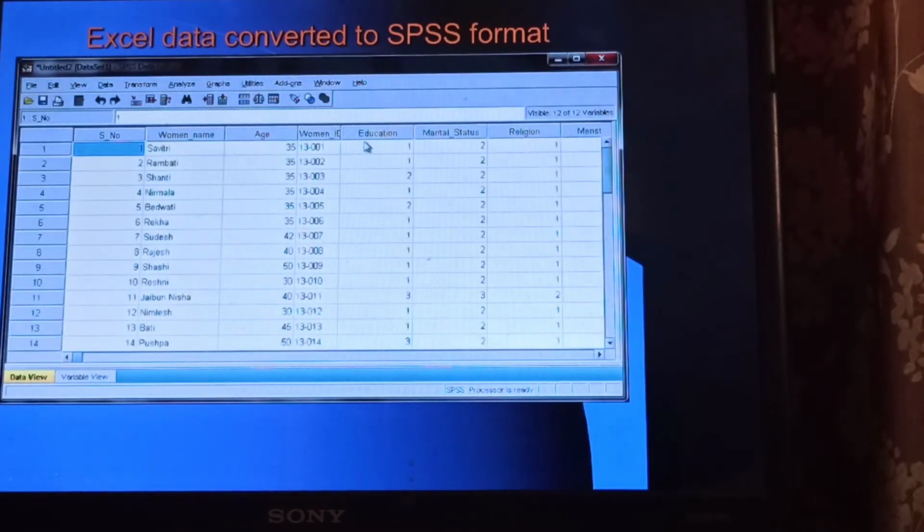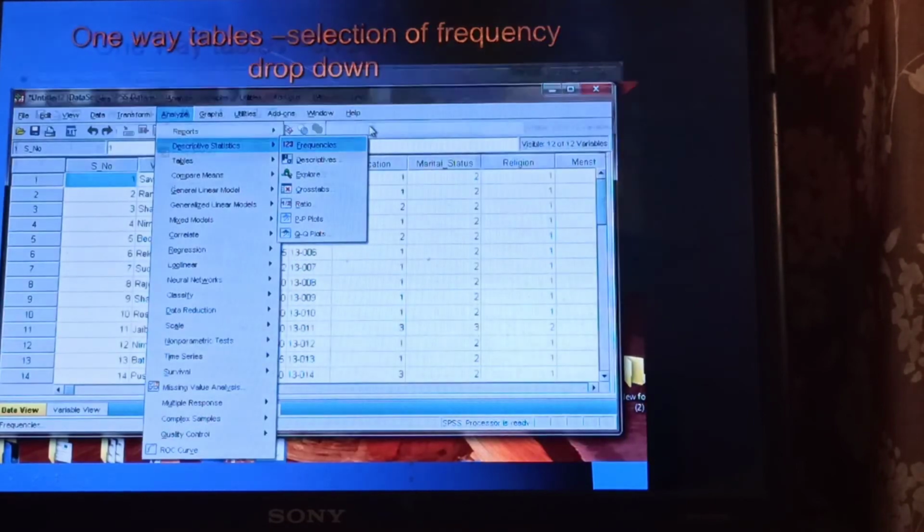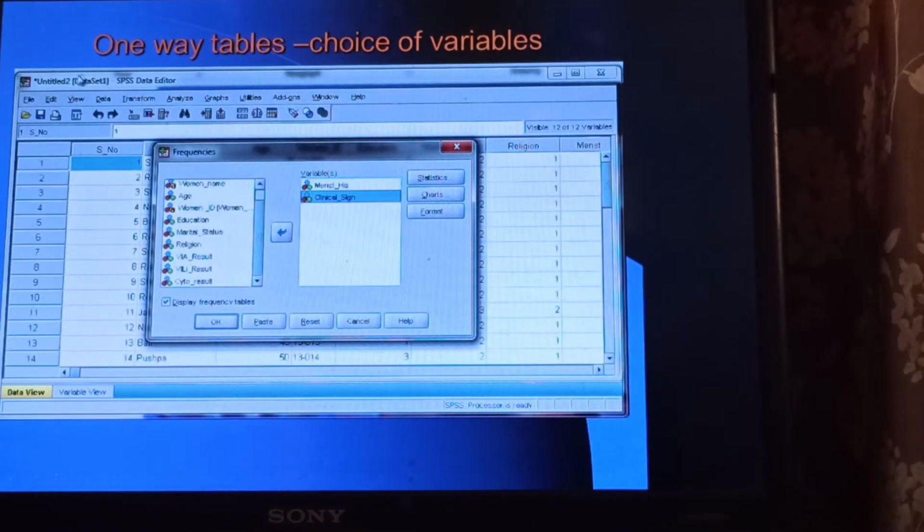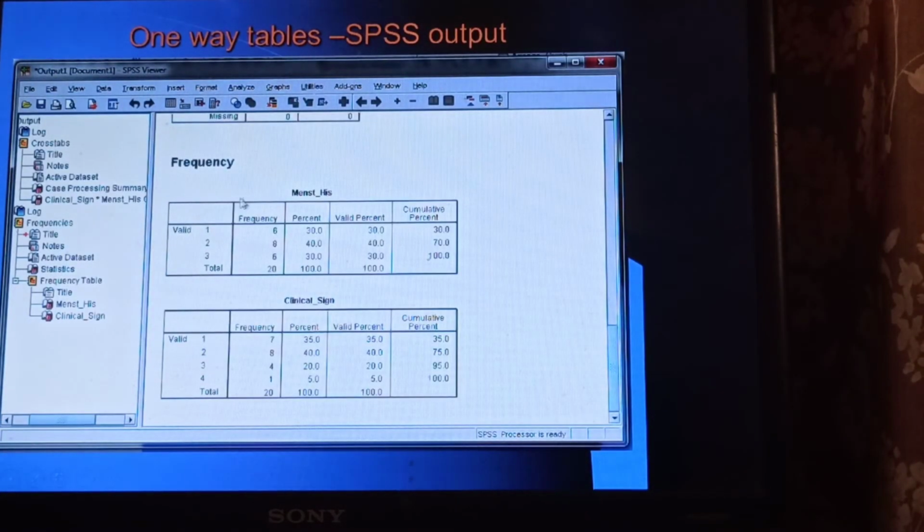Now all variables that are existing in my file are appearing. I select the variables for which I want one-way tables. I just press them, and by clicking OK I will get one-way tables. These are the one-way tables.